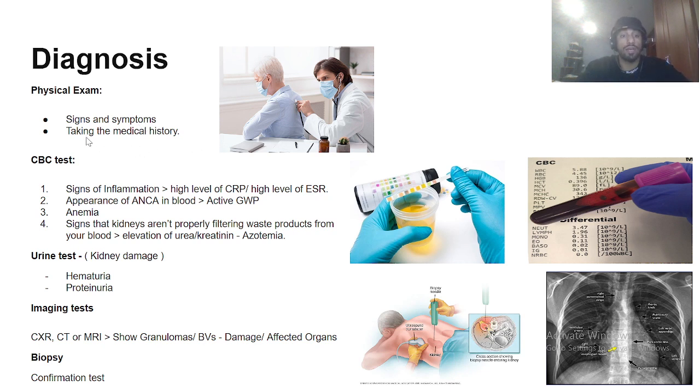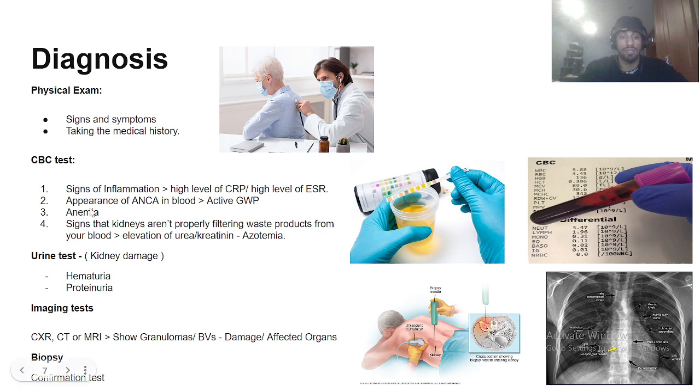Also we can take the medical history, maybe it can help. Also we can do a CBC test or complete blood count test. We can look for signs of inflammation such as elevation of the CRP or C-reactive protein, and also elevation of ESR or erythrocyte sedimentation rate. Also, as we saw before in the clinical criteria, we can also see